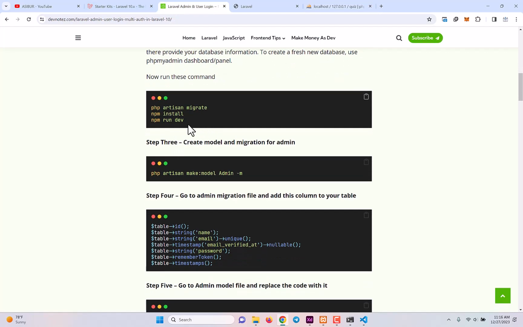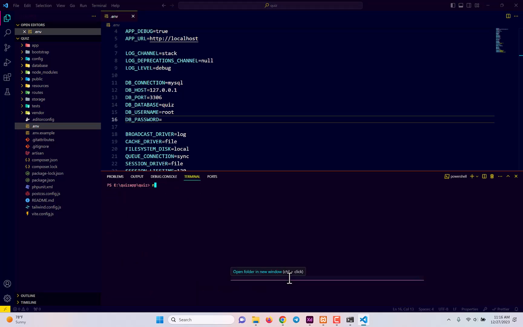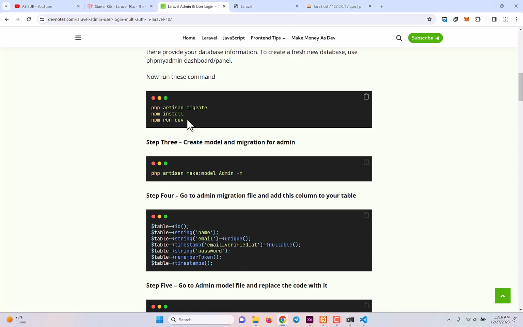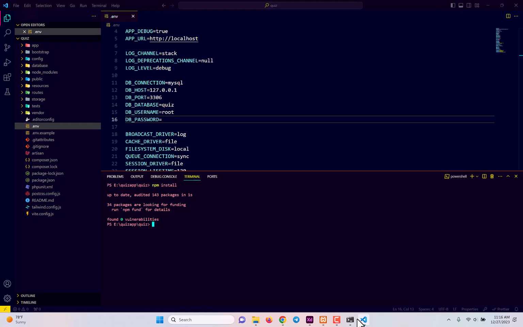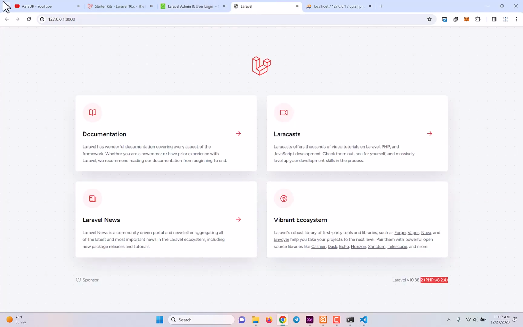So these steps are done, and we can run the next one, that is npm install and npm run dev. Just simply go here, let me clear it with cls. Then npm install, and it will install the npm packages, and then lastly we have to run npm run dev. That should be everything, and it will be done installing Laravel Breeze. Now come to our project and refresh, and you will be able to see the login and